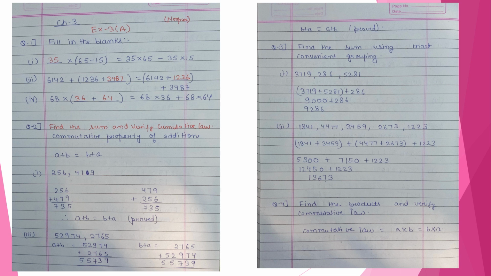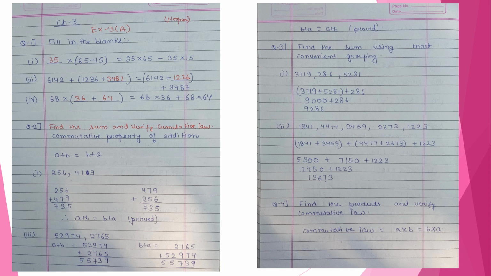So question number 1 is fill in the blanks. Dash into 65 minus 15 is equal to 35 into 65 minus 35 into 15. So as you can see in RHS, 35 is common in between the first term and the second term. So from both the terms we can take 35 common. So that comes in the fill up part, 35 into 65 minus 15. Third,